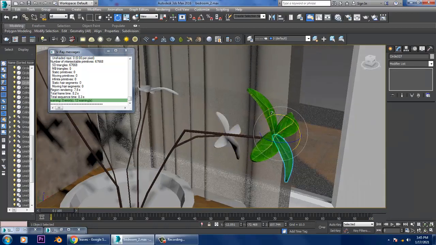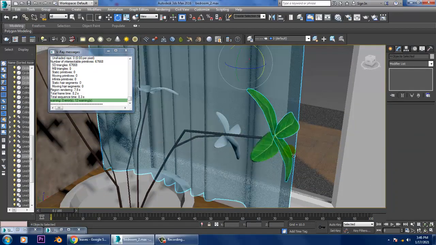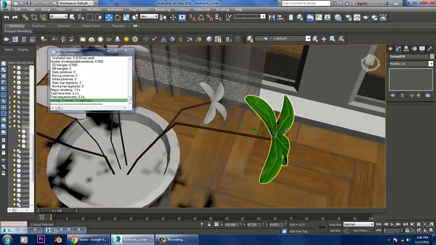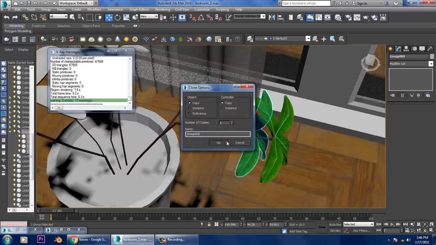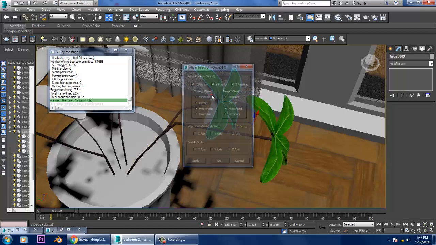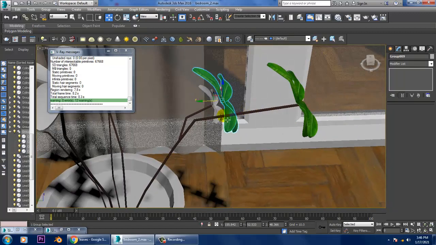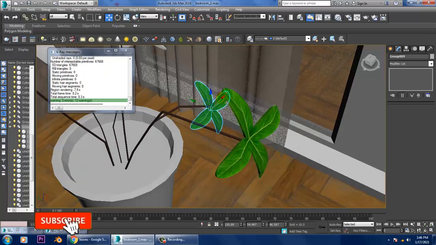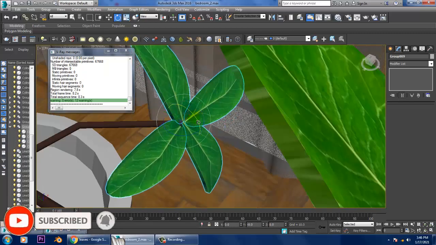Let's select all four and group them. Okay, duplicate it. Alt A, align it, click OK. I'll just delete it, scale it, and drag it in the right manner.